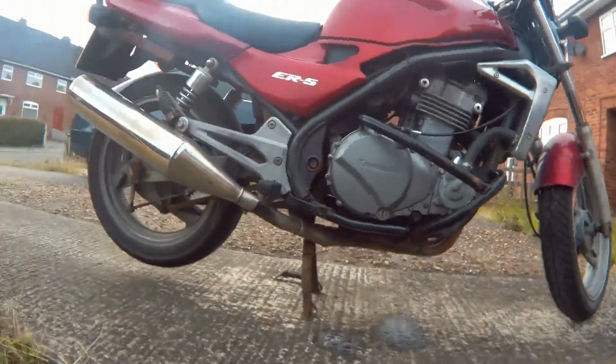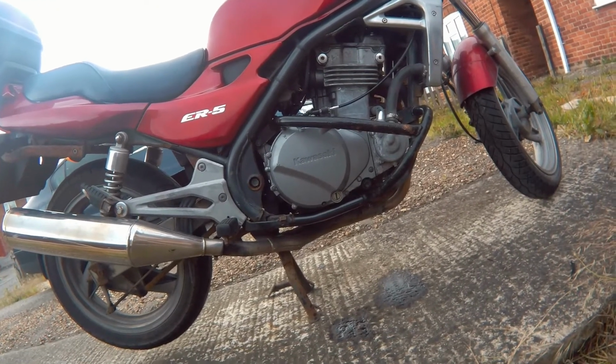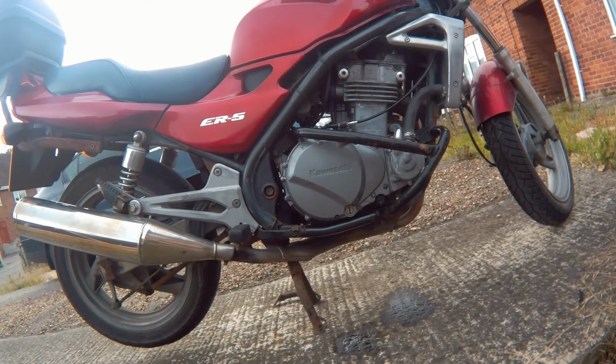It does say to let the engine run and then top up oil as necessary, so I think that's what I'm going to end up having to do. Give it 5 and then I'll see if it needs a top